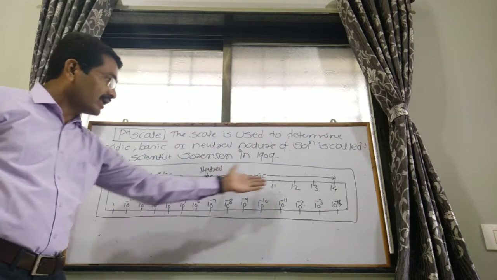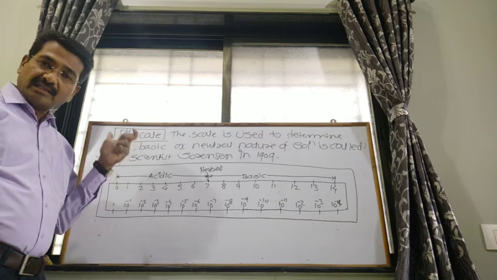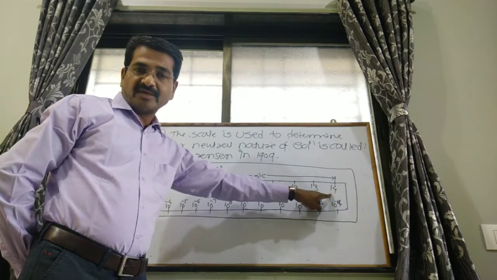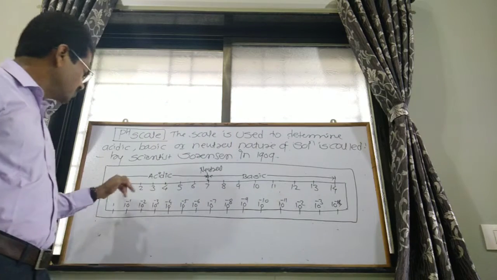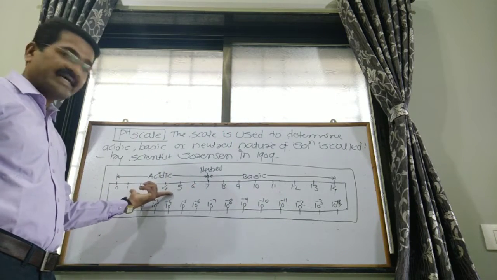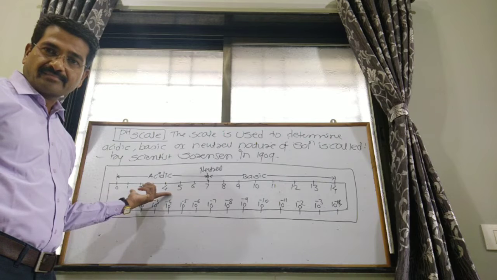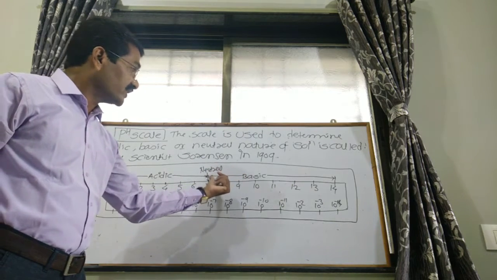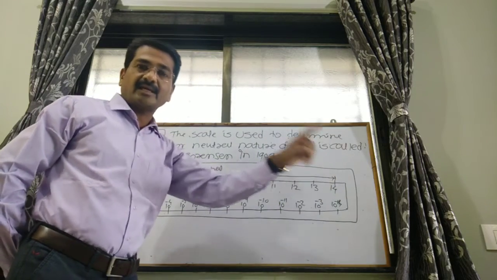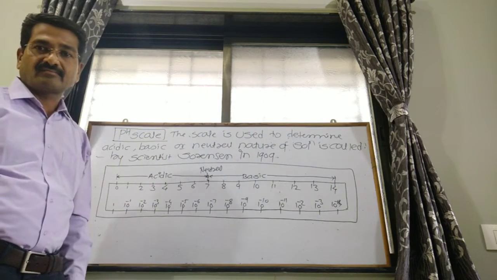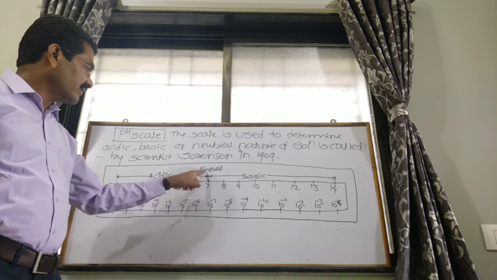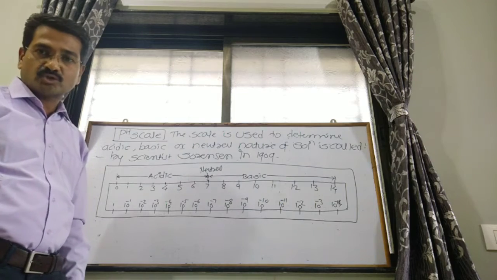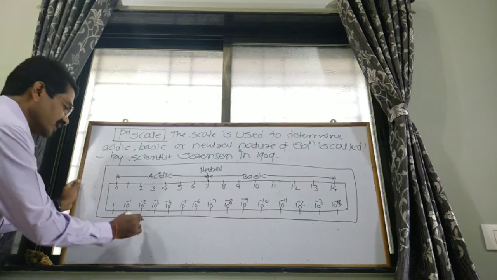In this scale, 0 to 14 measurements are given. If the solution has a measurement of 0 to 7, then that solution is acidic in nature. While a solution having a measurement from 7 to 14 is basic in nature. If the solution has the exact value of 7, then that solution is a neutral solution. So see the points here.